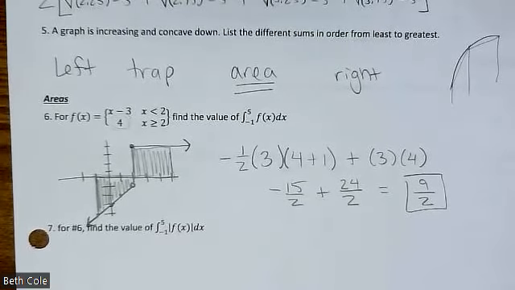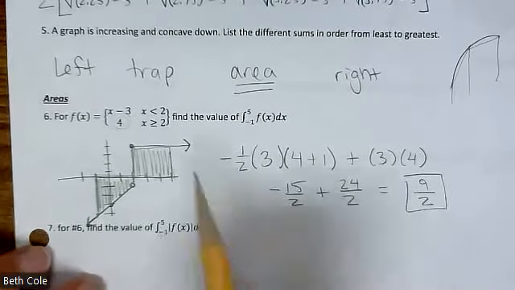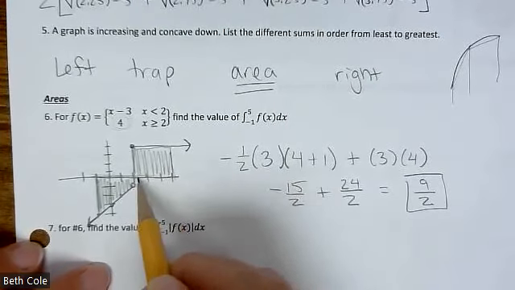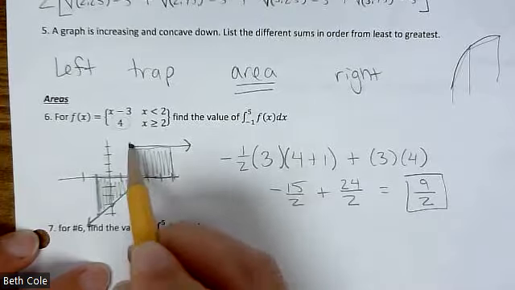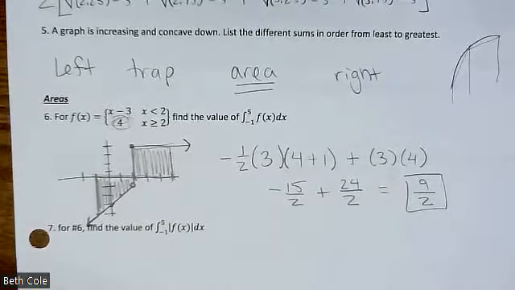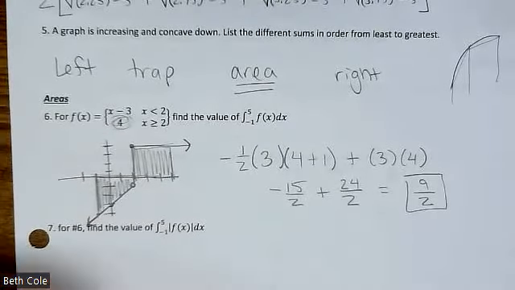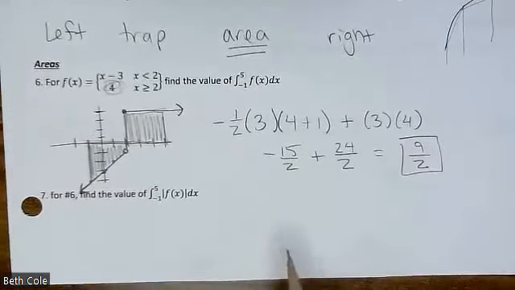Cool. Go ahead. So how did you know that it was 3? So the base here, I'm just counting 1, 2, 3. I just looked at it, that's 1, 2, 3, and then the height was 4 because the function was at 4. The picture's not to scale, because it's just a quick sketch, so just be careful. Yeah, I kept on counting it as